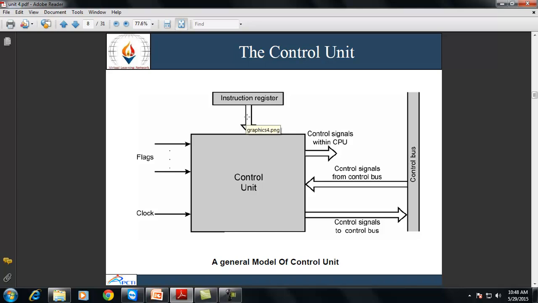It contains the operation code, or we can also say the opcode, and addressing mode bits of the instruction, which helps in determining the various cycles to be performed and hence determine the related micro operations which need to be performed. And on the basis of these inputs, it will generate the control signals within the CPU and control signals to the control bus.